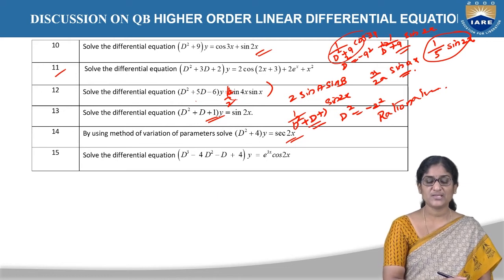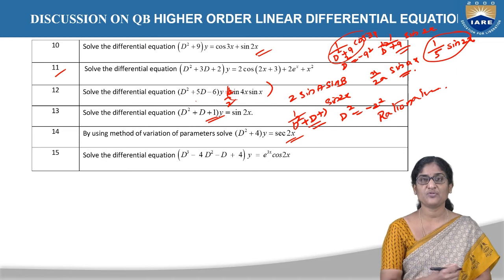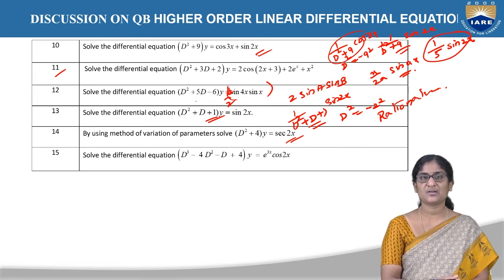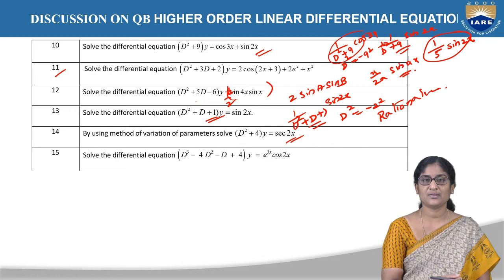Okay, so it's the easiest in most cases, with sec x, tan x, e^x. The problems based on this type of Q(x) are mostly done by the method of variation of parameters. It's just similar to the general method up to the complementary function. But the method of finding the particular integral will be different for the method of variation of parameters.